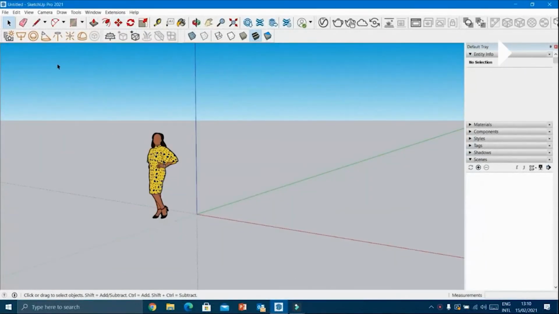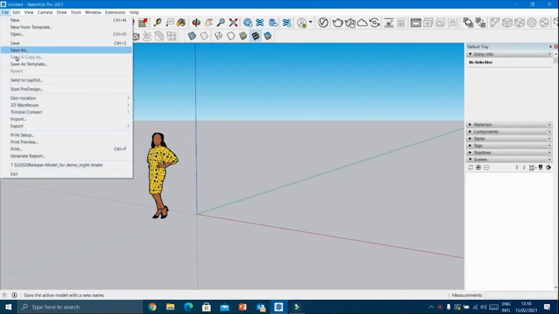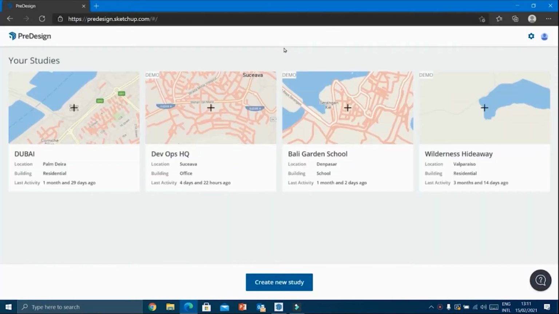So now let's see how to start with pre-design. Here you can see start pre-design. This will direct to the pre-design page. Now here in the pre-design page, we can see all the previously created studies and also some demo studies. If you want, we can go through these demo studies.